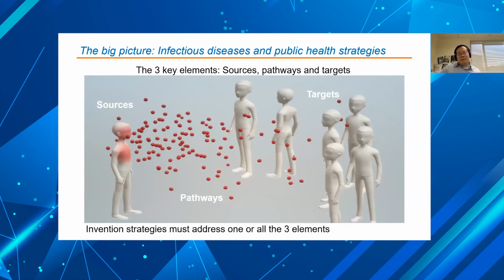So for respiratory diseases, if you look at this cartoon right here, it is very obvious and intuitive that if you want to block the transmission, all the methods should address at least one of the three elements, but the most effective way is really to manage the source. Okay, so for example, if you put on a mask on the individuals here, you offer personal protection, but here you actually offer a much greater degree of protection overall in